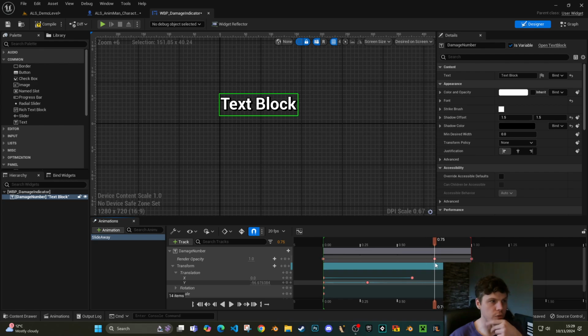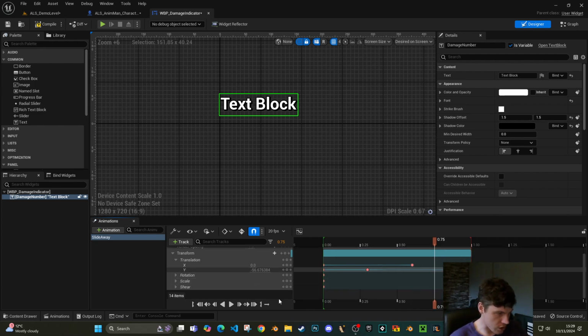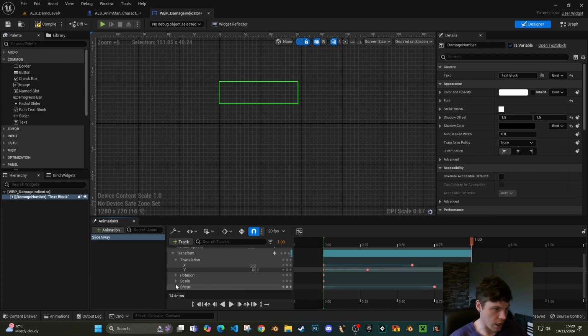Now, just before the opacity starts to kick in, I actually want to change the scale as well. I want to reduce the scale. And in my sort of testing, this makes it look like it's going into the background. So on the scale, I'm going to press add. So it's going to remain the same up until this point, and then before the end, I actually want to